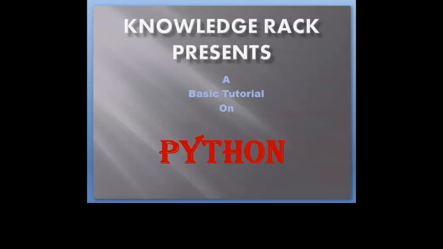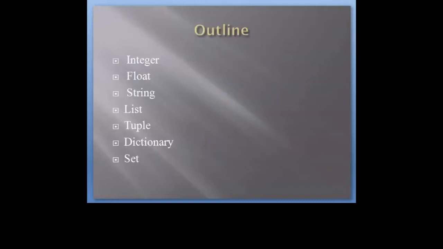So in today's video we are going to cover this much: integer, float, string, list, tuple, dictionary and set. These are all the basic data types, and we are all aware of integer, float and string. But for string we have many operations which we should do. In the theoretical part we will just tell you the names. In practical we will do it, and I will show you how to write code for that.